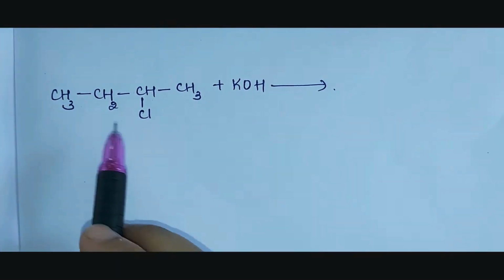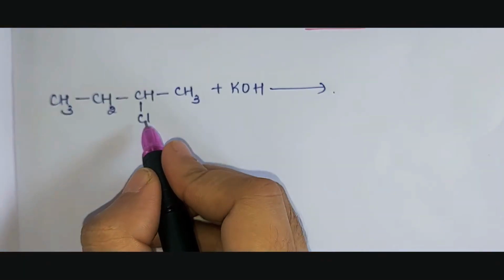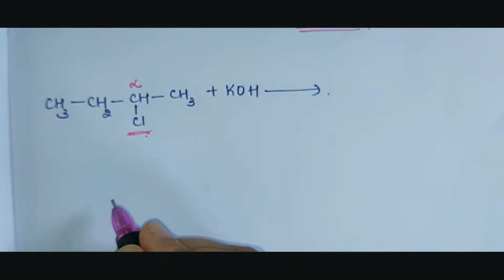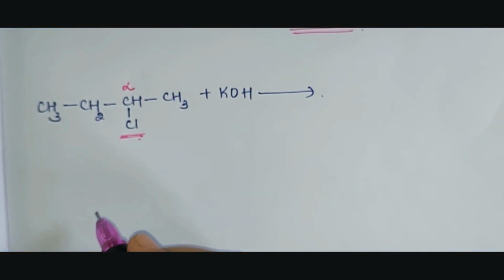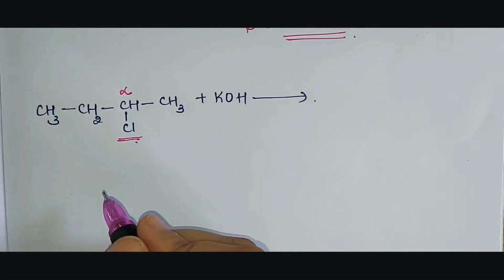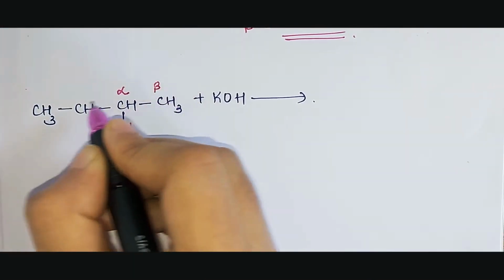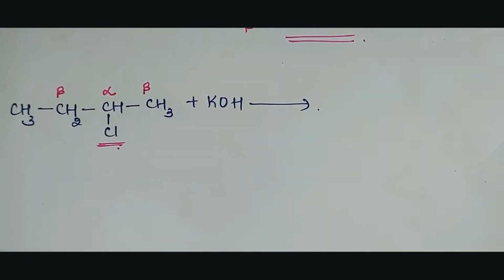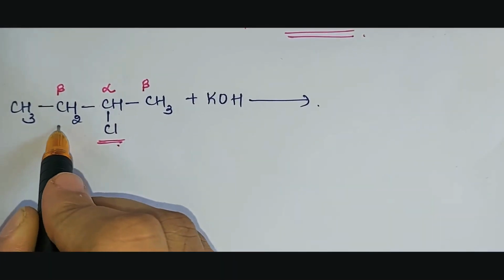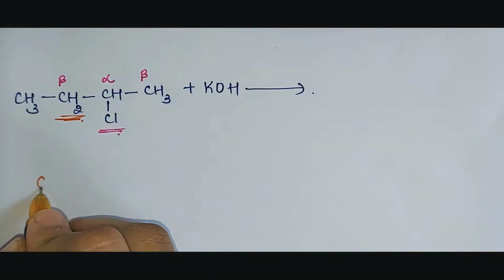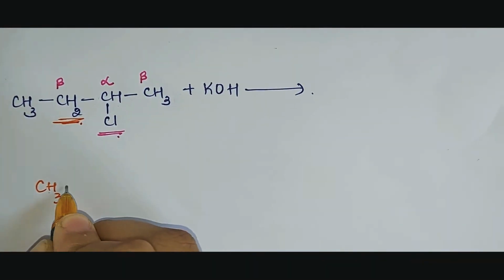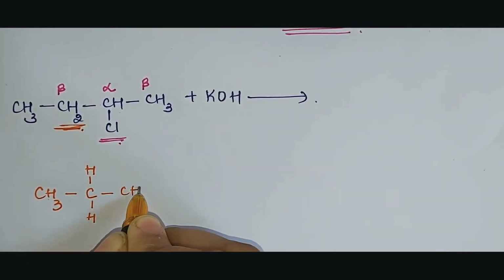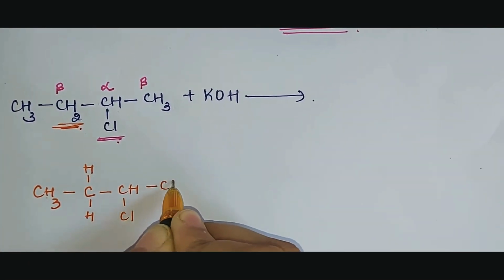Let us go with another example where we will observe that there are two beta hydrogens, so two beta carbons and two different beta hydrogens. So we'll find out which is our alpha carbon atom. The carbon to which halogen is bonded becomes alpha. Then next to alpha becomes our beta carbon atom. In this case you will observe that on both sides, left as well as right, you are having your beta carbon atom. Remember, whenever you are writing the reaction, consider the beta carbon atom of only one side while giving one product. So we'll consider the beta carbon atom on the left side. So CH3, we will write the beta hydrogen atoms here, CH, and then CHCl. We will not consider the beta hydrogen present on the right side.